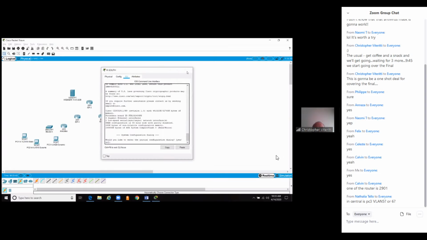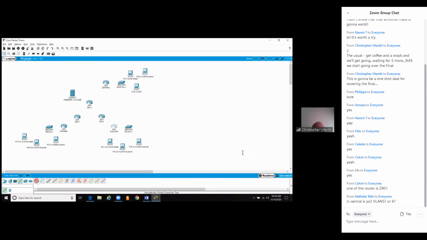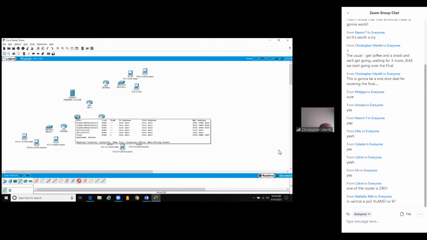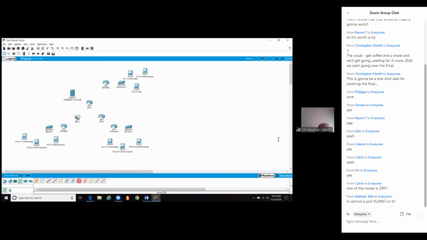We can cable everything up. So click on the serial link. In this particular instance, I would click the one with the clock. Why? Because the ISP always provides the clock to the customer. I would use serial 0/0/0 on ISP1 to connect to serial 0/0/1 on our north. I would also click the clock link again, 0/0/0 to 0/0/1. One more time,